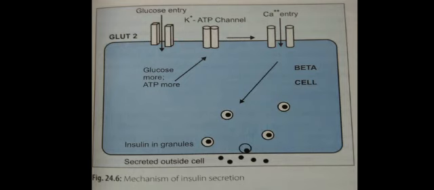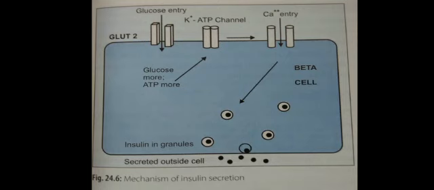Now this ATP inhibits potassium efflux, which causes depolarization of the membrane. When the cell is depolarized, the voltage gated calcium channels open, calcium influx increases, which increases the intracellular calcium concentration. This increased intracellular calcium concentration induces calcium mediated exocytosis of insulin granules, which finally leads to